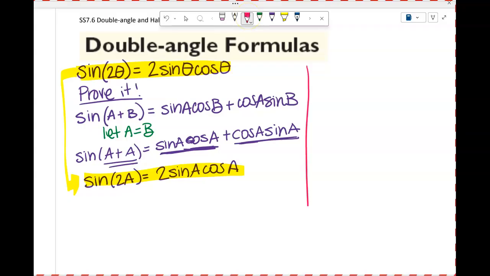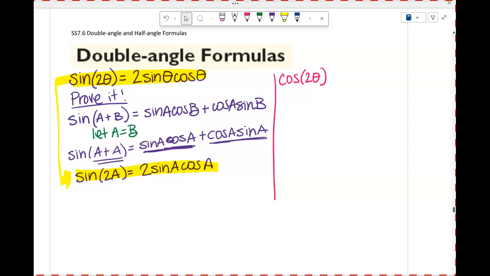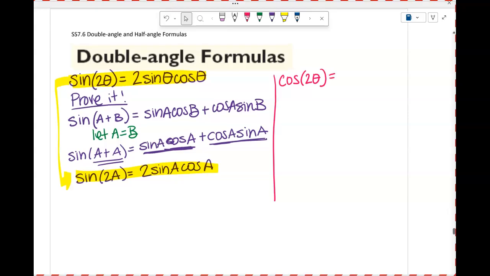The next one is going to be for cosine of a double. We have a couple of these, so I want you guys to make sure you are paying attention. Cosine 2 theta is, the first one we are going to do is cosine square of theta minus sine square of theta. Then another one for cosine is, we're going to write them first and then we will prove it. Cosine of 2 theta is